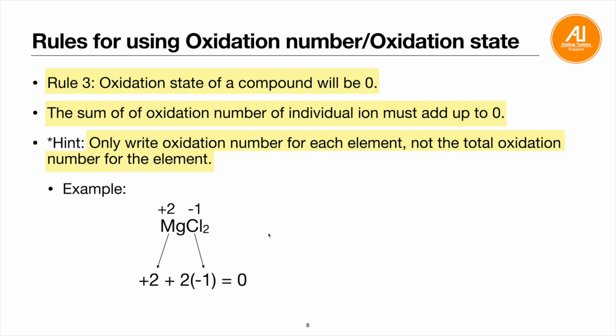One more example, NaOH. Okay, so sodium is group 1, so it's +1, so the oxidation number is also +1. Oxygen is group 6, so the charge is 2-, the oxidation number is also -2. Hydrogen is +1. Okay, then if you add up the total, it will be 0. Okay, so same thing. So rule number 3, oxidation state of a compound will be 0. So that is how you apply it. Okay,